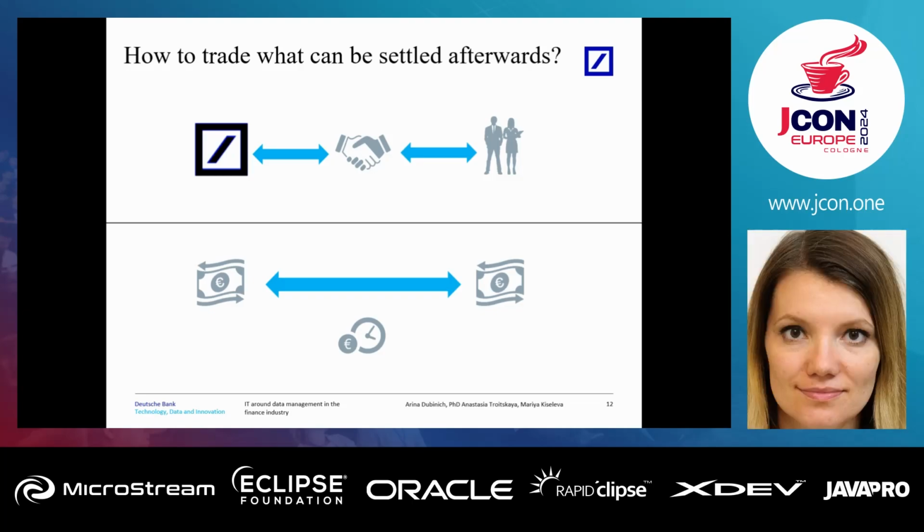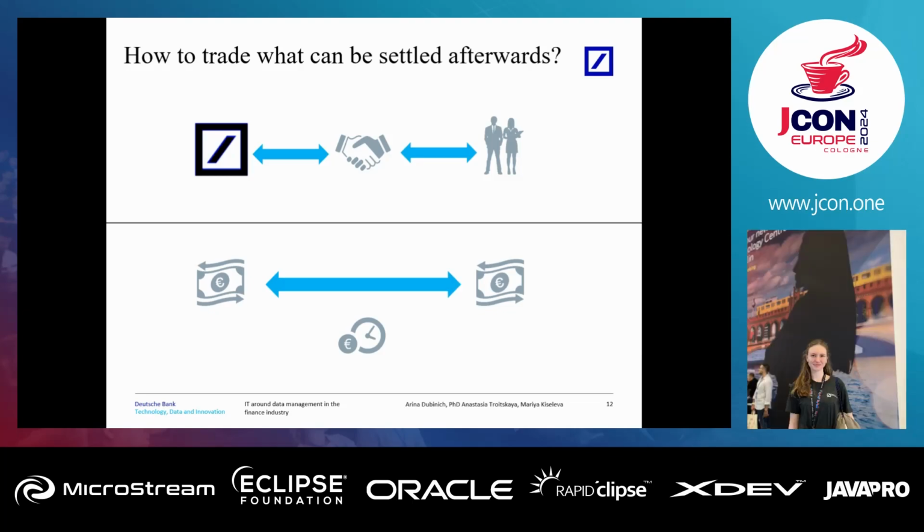So, in case the account for some reason is not open, you have two actions to perform. The first one is to open the account and proceed with the transaction, and the second one is to prevent it from happening in future. And such kind of validation is named preventive controls, and Mariya will show later in this session how it is implemented in our stack,